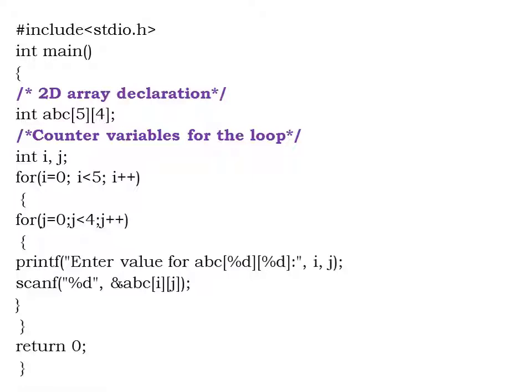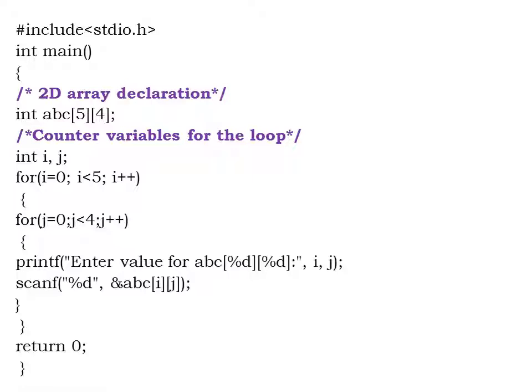Now the j value is 4, 4 is less than 4. Now as we have seen, for the index value for row 0, I have entered all the elements for all the 4 columns that are represented in a single row. So once the condition fails, once again we go on to the outer for loop where i becomes 1, 1 is less than 5. Now these are the values that I am going to read for the index row 1, and the process repeats.